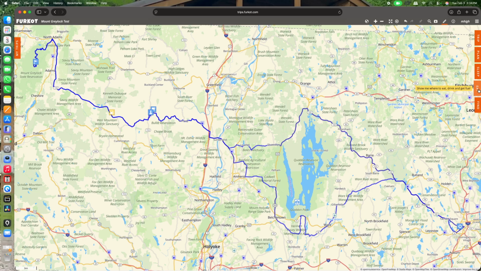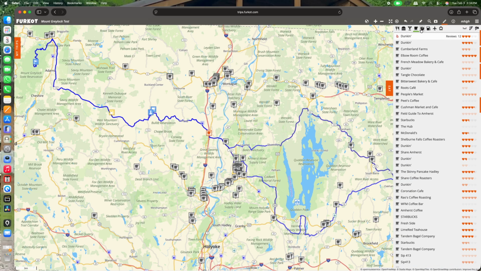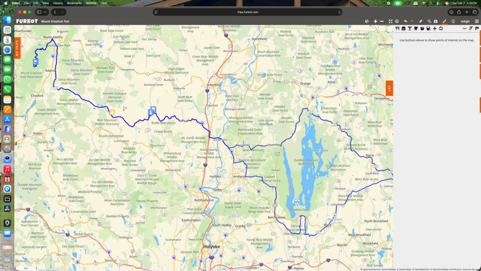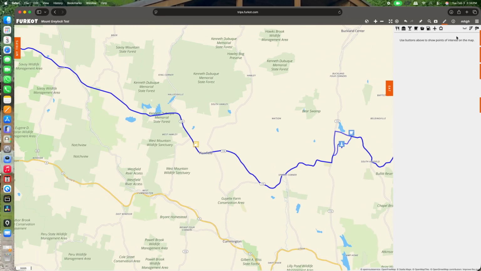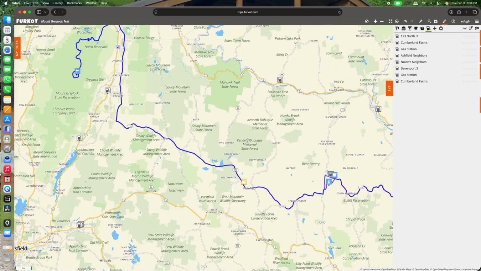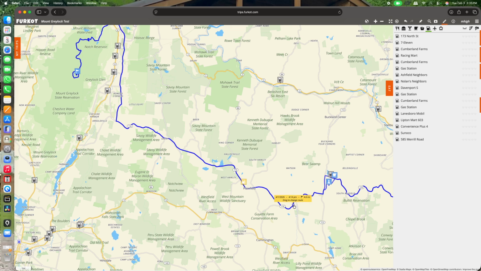And again, you can go into this Eat tab and you can say, let's narrow down to this gas thing. There's a gas pump icon here. Hit gas and it'll show you all the gas stations. Now it's not showing me anything near this, so I've got to make a decision. Either I've got to stop before or I've got to push the limit and hit this gas station up here, because it's taking me Route 116, which is a nice little road in Central Mass, by the way, if you ever get a chance to ride it.